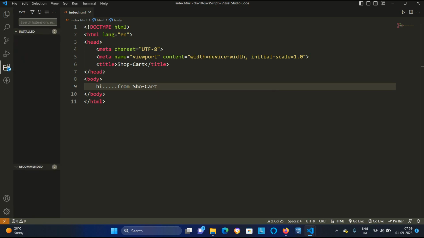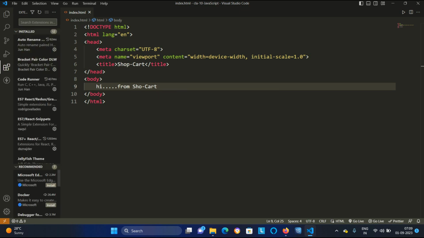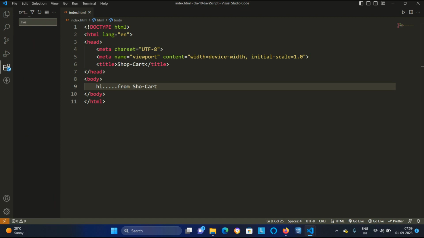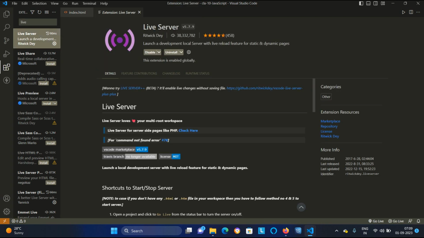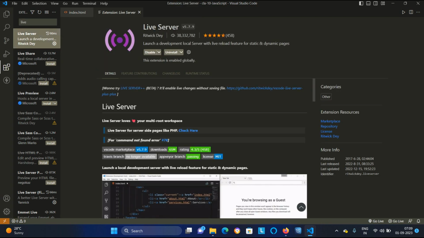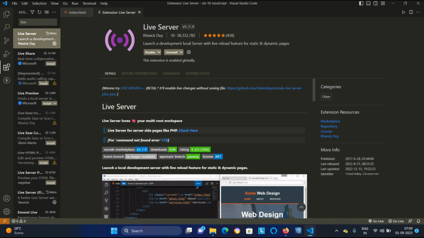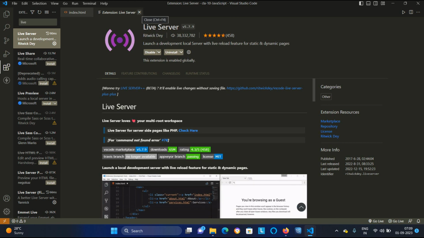Just click that, and search for live server. If you search live server, it will come here. Install that live server. I have enabled it, so you can enable it as well.